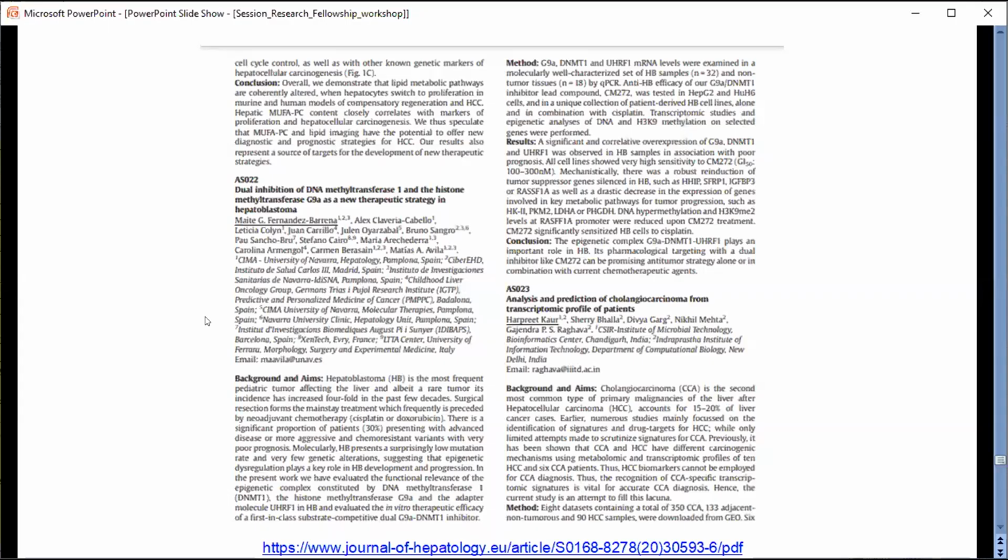Now let me give you an example of an already published abstract in a well-established journal like the Journal of Hepatology. Here you can find all the sections, whether you're submitting to a paper or a conference presentation: background and aims, then methods, then results, then the key conclusions. These are the main sections that you need to define.